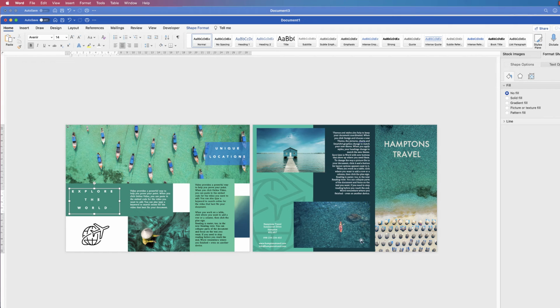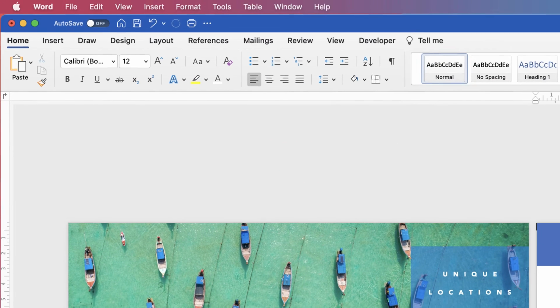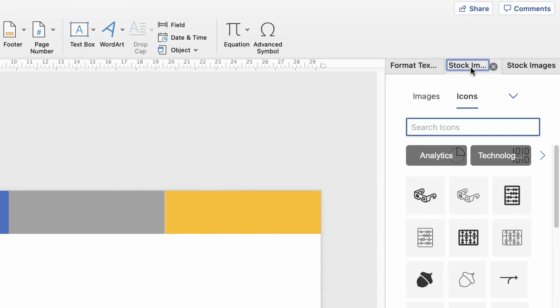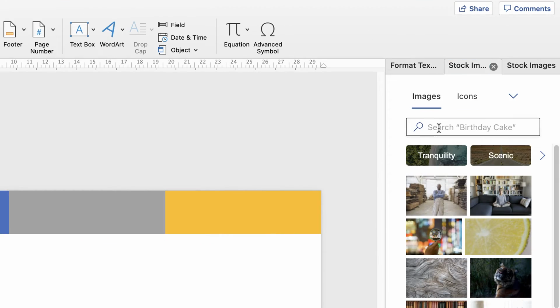So let's just go back and have a look at our leaflet. So now we're going to insert another. So we're going to insert 3 more images and another logo, which we can copy and paste across, and then text boxes, which again we can copy and paste across. So first of all, let's go to Insert, Stock Image, Images. Let's go to Beach,